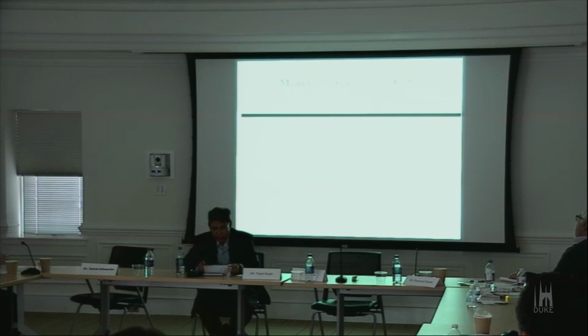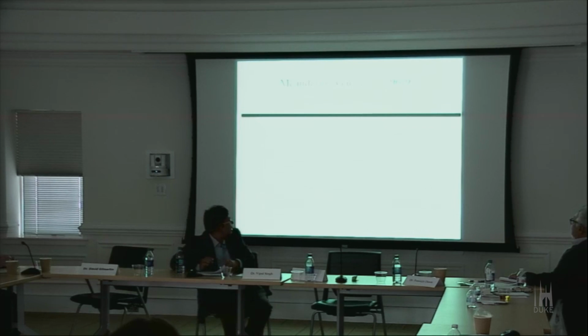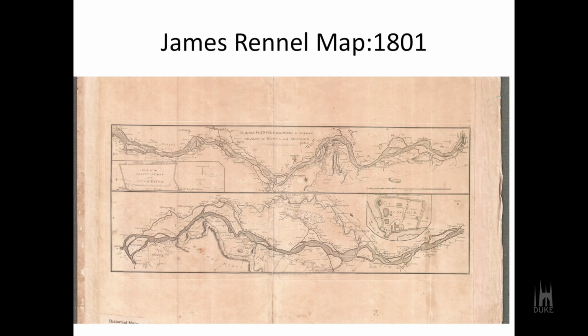Precisely due to this, the Diara was not part of the proclamation of Bengal permanent settlement in 1793. Even the maps drawn just before the settlement by James Rennell in 1780 do not mention those Diara lands. But if you start looking at the maps of 1800 and onwards, like the 1796 and 97 map and this 1801 map, these Diara lands are being shown in the maps.